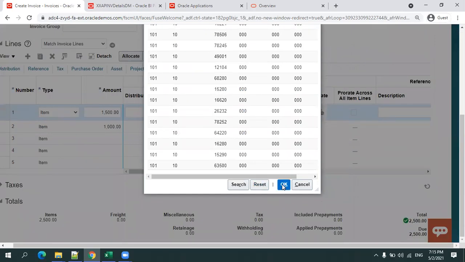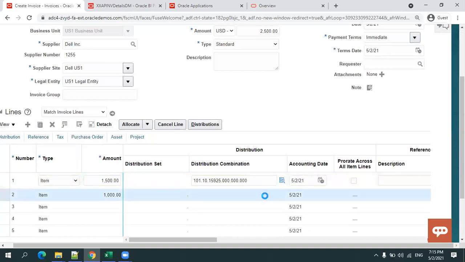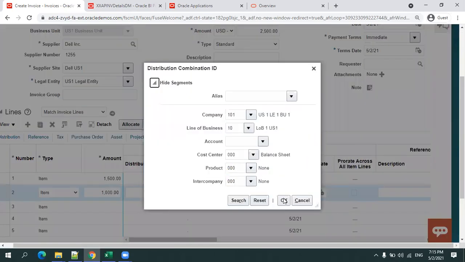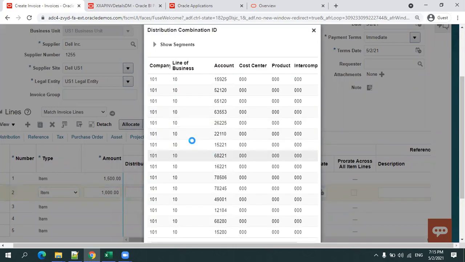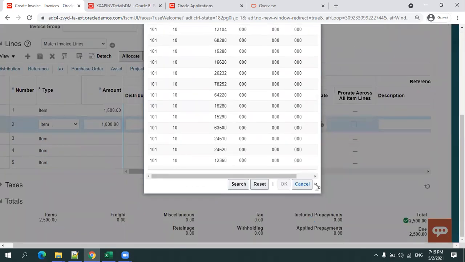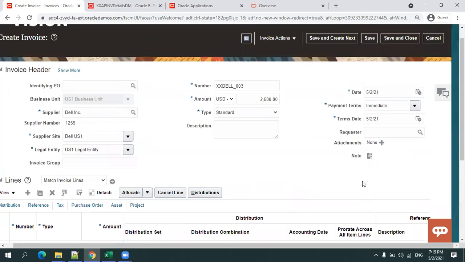I'll click on the initial one, whichever it provides. Similarly, for the next row, do the same thing: do a blind search, click on search. If you have any specific account details, you can mention them, or else you can just go with the default one.